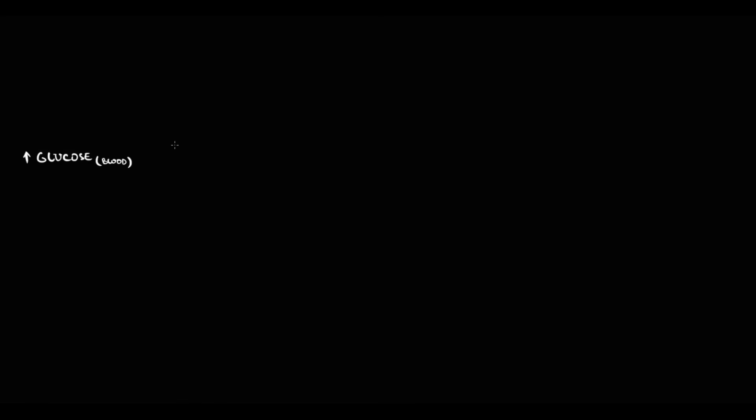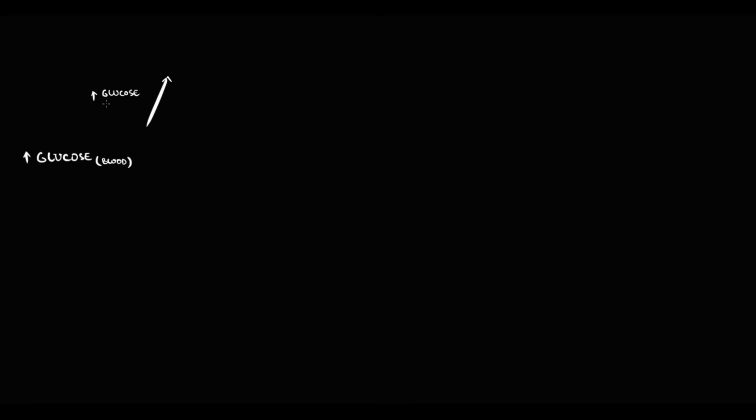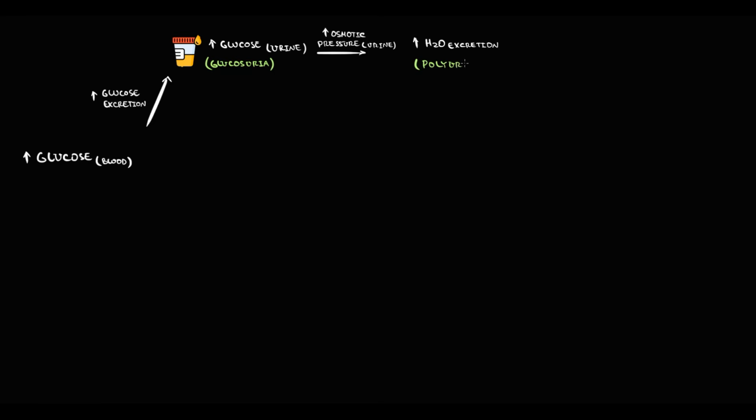First of all, diabetes causes elevated blood glucose level. With increase in blood glucose, glucose excretion increases, and we excrete glucose by the urine. Increase in glucose level in the urine we call glucosuria. Glucose is an osmotically active substance, which means that glucose will cause increase in osmotic pressure in the urine. Because water moves by osmotic gradient, this will cause increase in water excretion, and increase in diuresis we call polyuria. With increase in excretion of water, the organism should increase water consumption, so the patient will drink more water, and this state